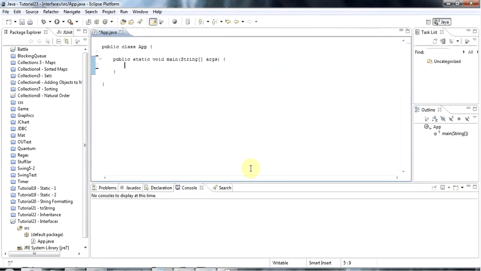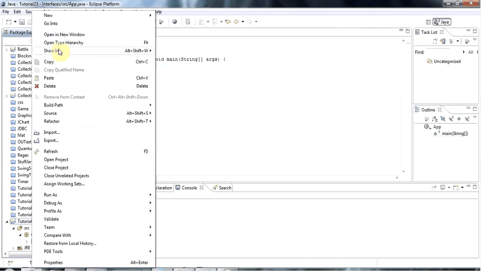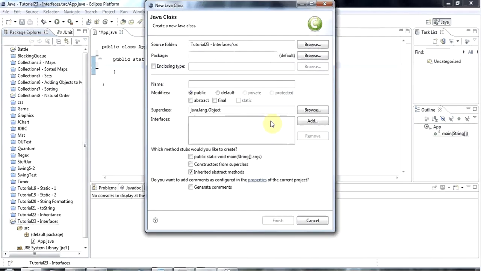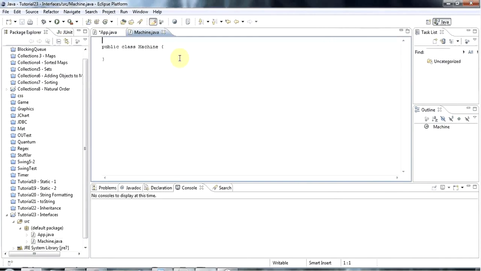caveofprogramming.com, and this is a tutorial on interfaces in Java. So there's a lot to say about interfaces, and we're just going to get started on them in this tutorial. So let's say I create a class here. I'm going to create a new class, and I'll call it Machine, and I won't give Machine any methods for the moment,